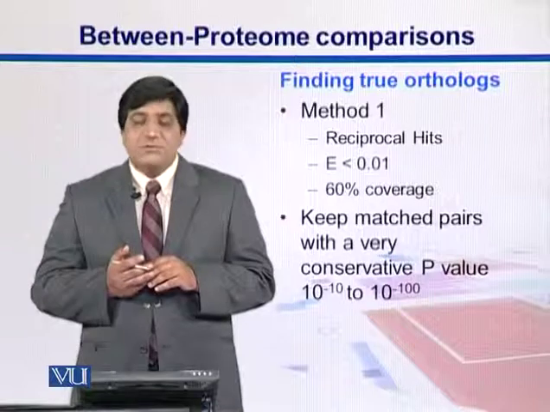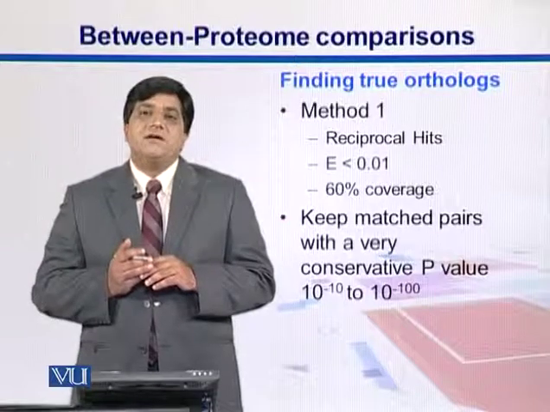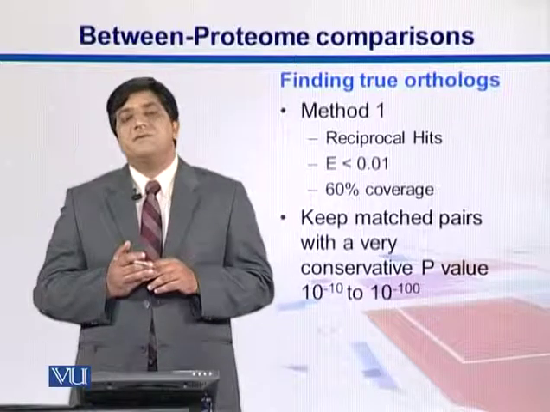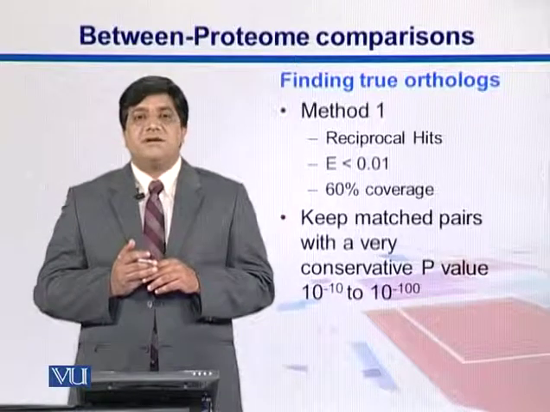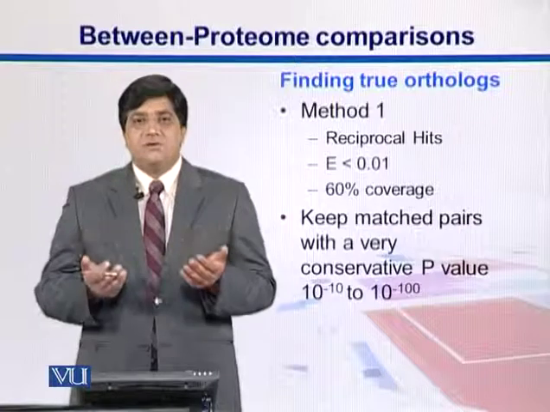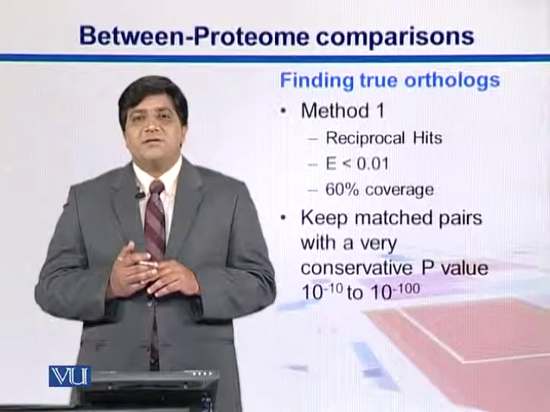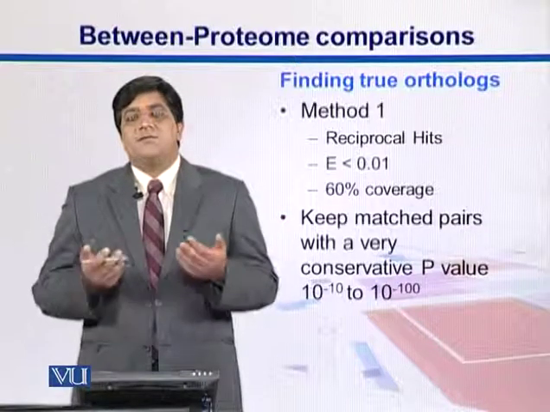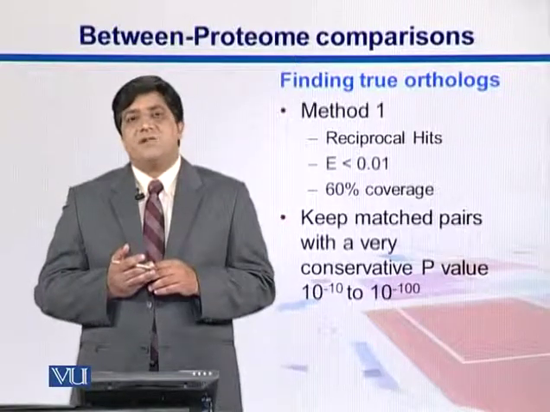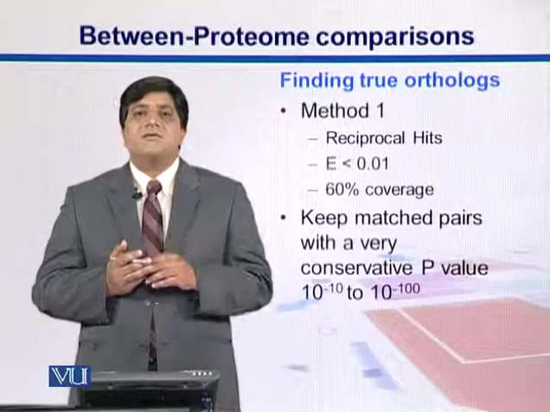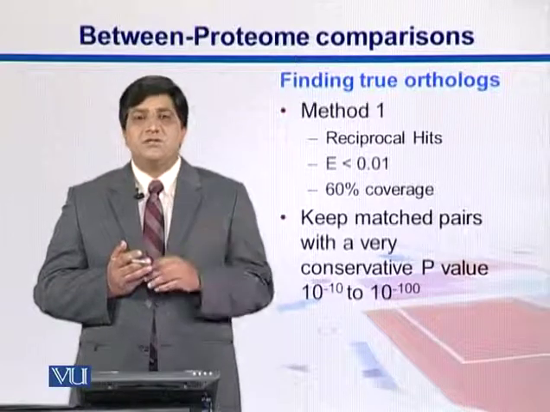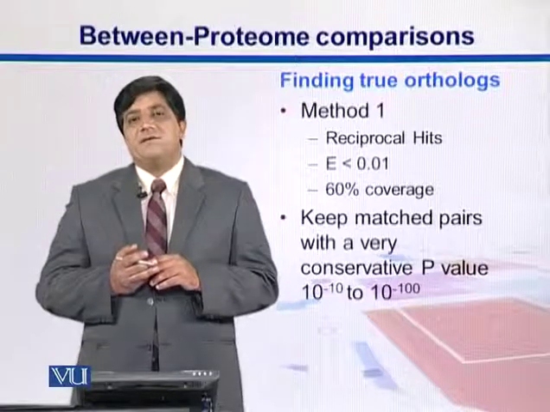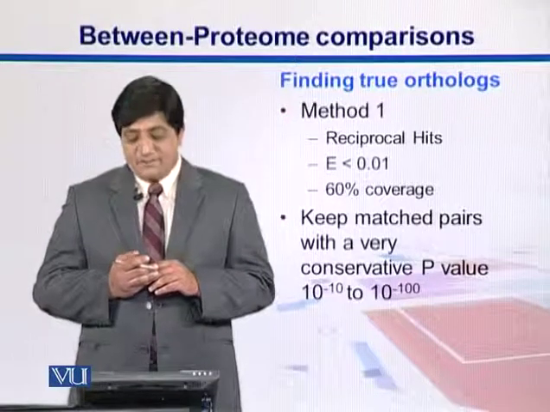And we can also apply some criteria on it. For example, here we can do an e-value cutoff. When we do BLAST, BLAST gives us a parameter called e-value. Lower is good. We will talk about the BLAST algorithm later on, but the message of this slide is that we can do some e-value cutoff and retain those gene pairs in those reciprocal hits. For example, here we say that if E is less than 0.01, we can retain them.